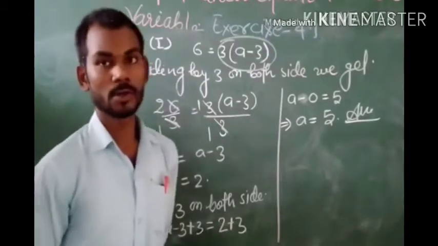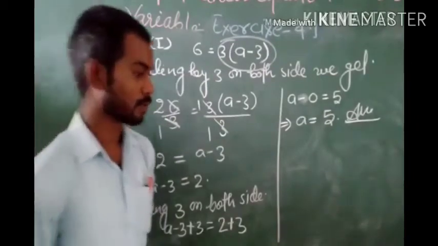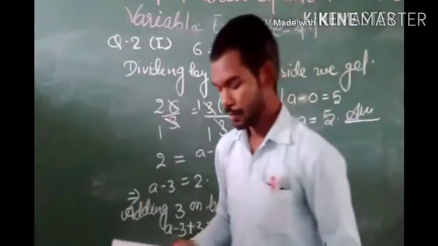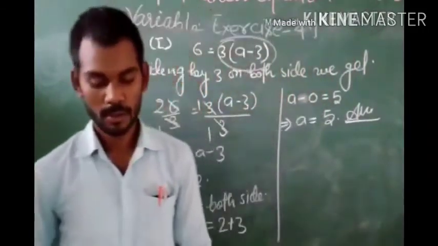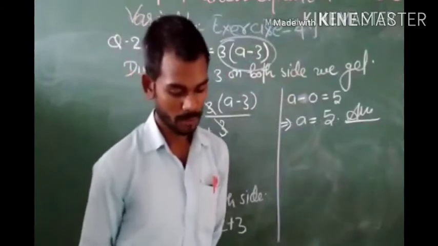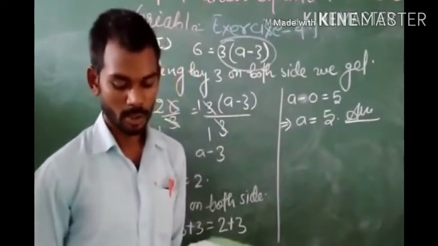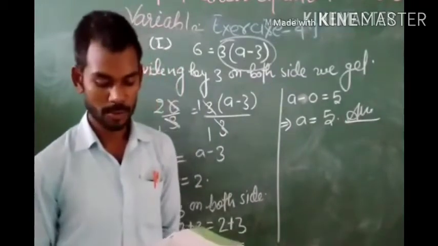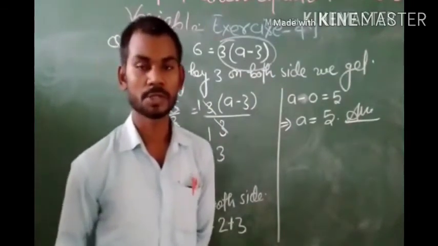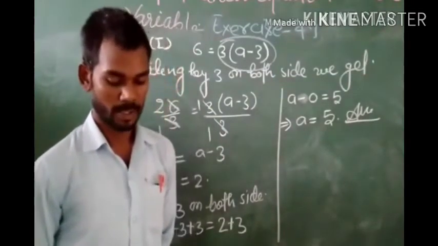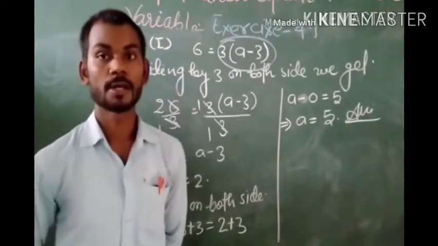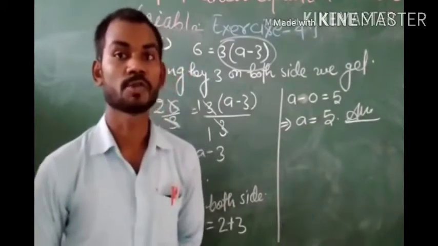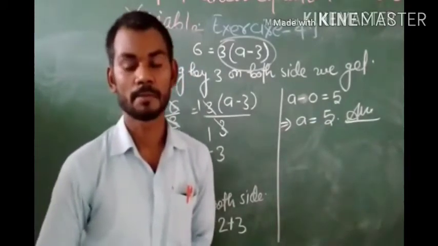Okay, so write the question in your given book. You will solve all the questions from exercise 4.1 on page number 48. If you have any problem, then you can go to the comment section and comment which question you need to explain. Let us see the next method, that is the transposition method or transferring method.